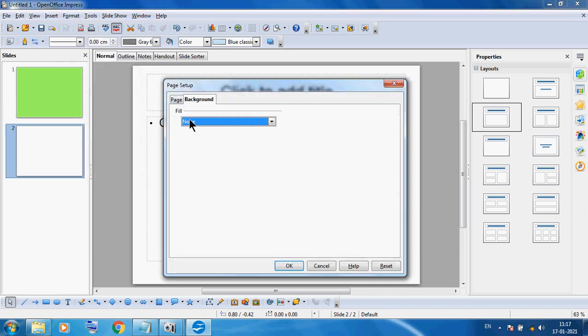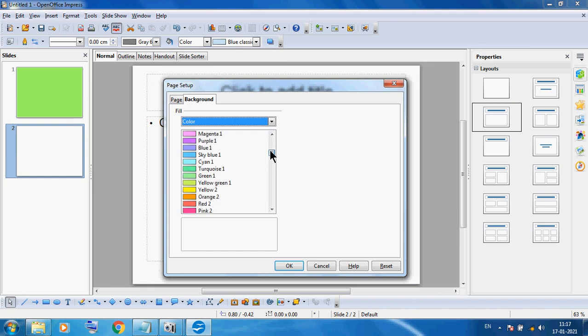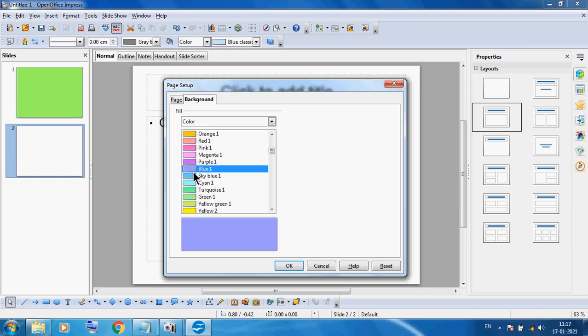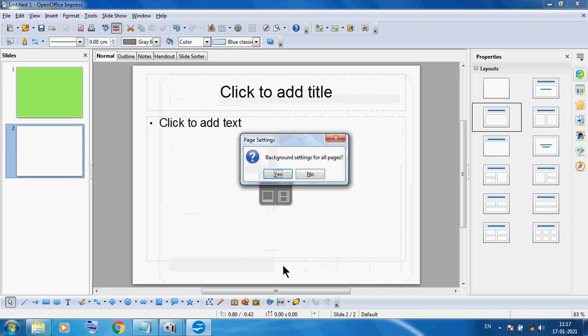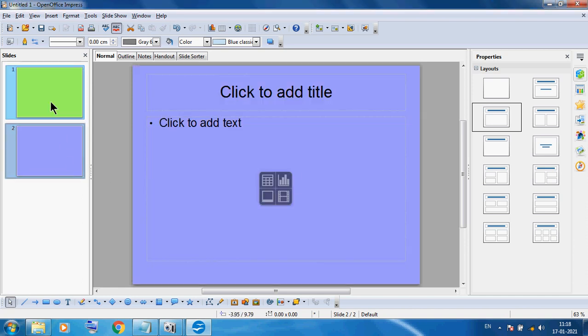Now on this page I want to select color, and I want to change this color. Suppose I am taking this color blue, then I am clicking OK. So I want to use blue color on the second slide, not all slides. So again I am selecting no. So you can see our first slide green, second slide blue.